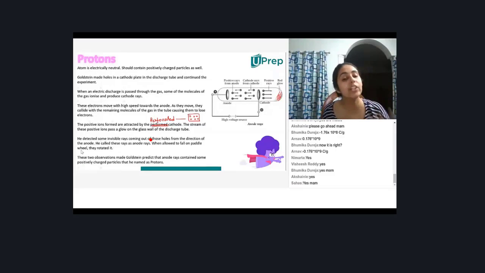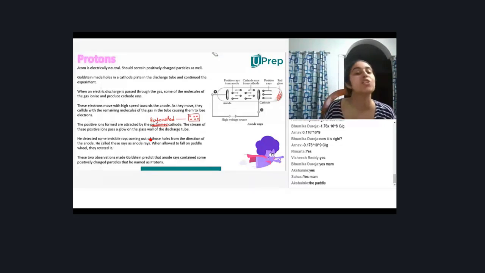So what do we do in order to test if these things are particles? They should cause heat. No, it has to move something. What does it have to move? It has to move with the magnetic field. That will tell you that it has charge. I want to know, how will I know if that thing has some mass, that it is a particle? How will I know that? They have to move the paddle wheel. Remember? Yes, ma'am.